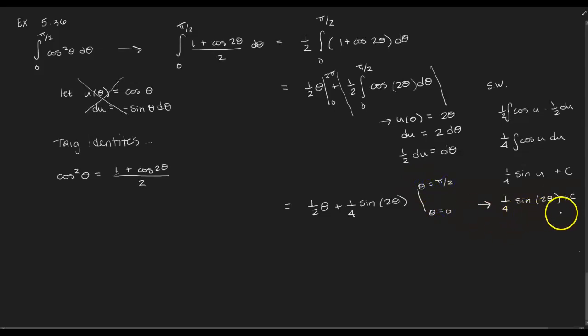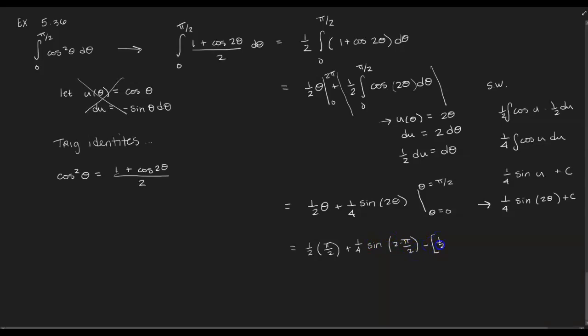And when we do definite integrals, the plus c disappears. So evaluating with our upper bound first, we'll have 1/2 times theta when theta is pi over 2 plus 1/4, oh, that looks messy, sine 2 times pi over 2